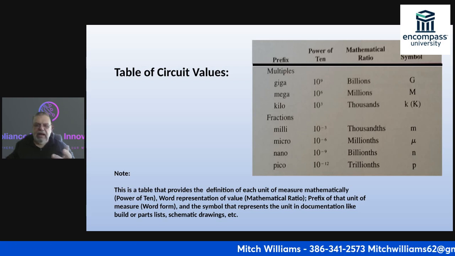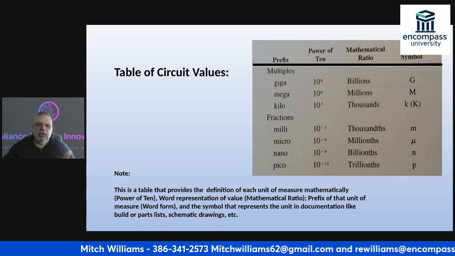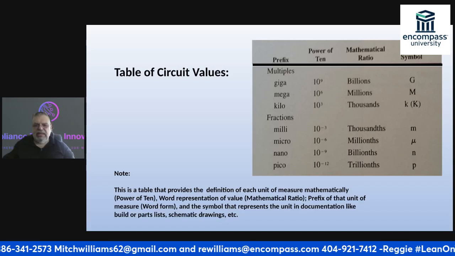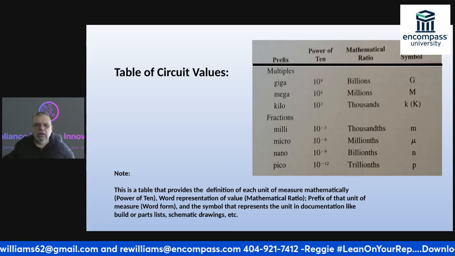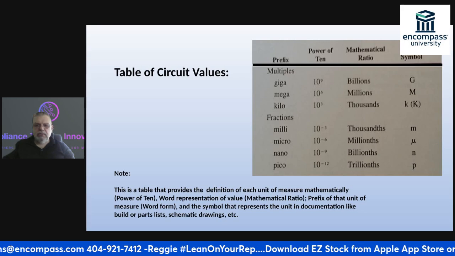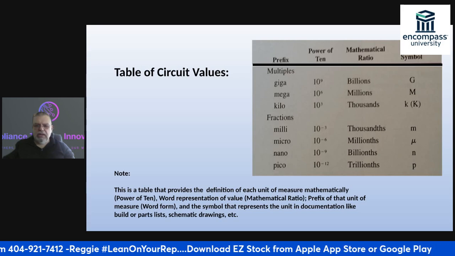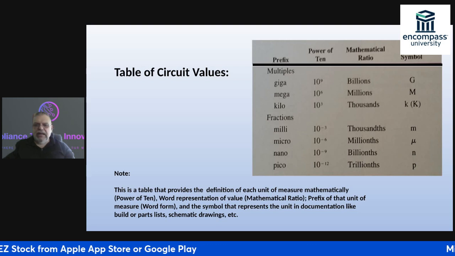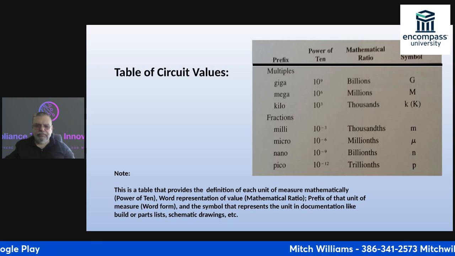Okay, if I have any of the fractions using the minus power, the milli is 10 to the minus 3rd, which is thousandths. Micro is millionths, nano is billionths, and pico is trillionths. If you notice right here, we're talking about capital G, capital M, capital K. Okay, this is a table